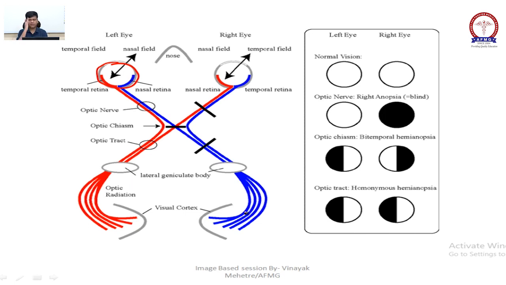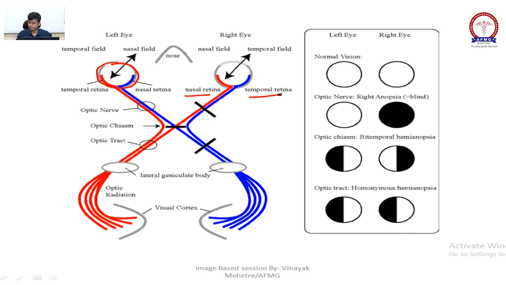Suppose this is my right eye, the temporal fiber will come from the right cortex and the nasal fiber will come from the left side. Right? Now, so we got two fibers, nasal and temporal. The nasal fiber will give me temporal vision, means this vision will be given by nasal fibers. And the temporal fiber will give me nasal vision, means this vision is from temporal fibers. And this vision is from nasal fibers.